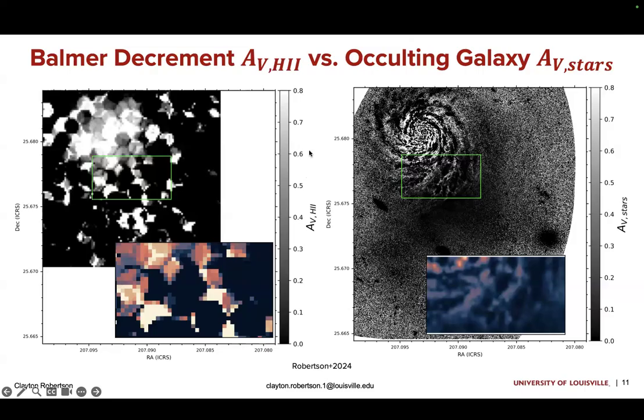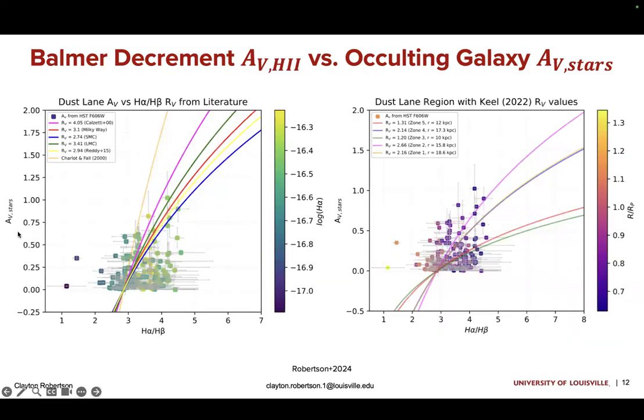And a little bit out of order. One thing I wanted to do first, before this direct comparison, was to see how the Balmer decrement measurements pan out for four different kinds of extinction laws without any assumptions on RV, right? Again, like I said, you have to assume an extinction law to calculate AV from H2 straight from the Balmer decrement. And so to get the best idea of which attenuation law it matches up with, I just want to directly compare the Balmer decrement with AV stars itself. And so this is what I did right here. This is one of the big plots of my first paper in 2024,